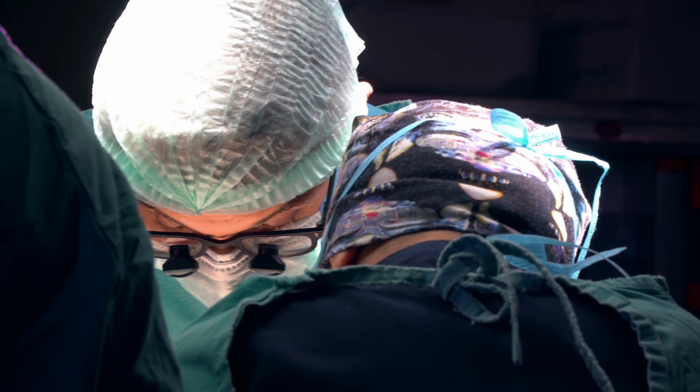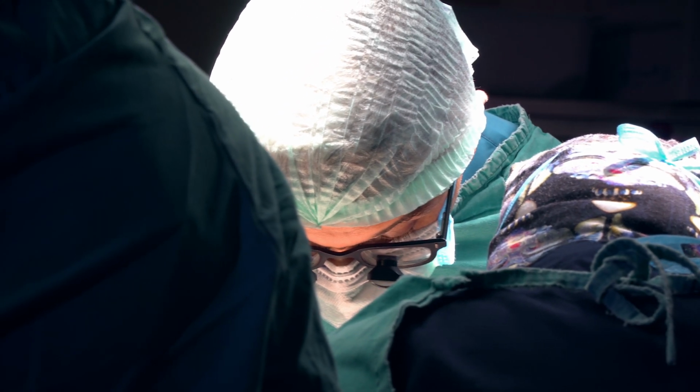When we repair a rotator cuff tear, what we're trying to do is reattach the tendon back to the bone. I have people ask me all the time, will this heal if I don't have surgery? And the short answer is no. When the tendon is pulled away from the bone, there's no way for it to reattach if there's a complete tear. That doesn't necessarily mean you have to fix it,